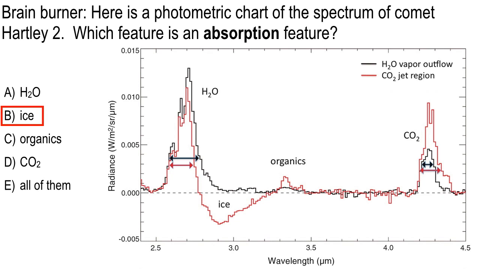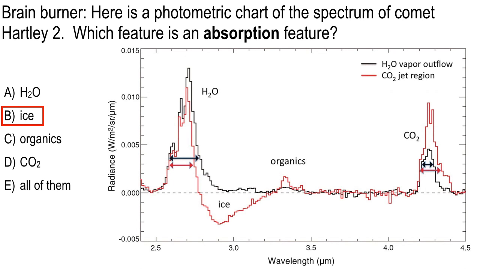The idea for this is that an absorption feature on this kind of a chart is a dip or a bullet hole. Okay? And the only dip we really have here is the ice. That corresponds to the presence of H2O ice. Then over here, this is the CO2 part. So they're looking at infrared, there's a lot of CO2. By the way, I'm guessing that this wavelength over here is probably the microwave oven wavelength. I should look that up. Because water in a microwave oven reacts to